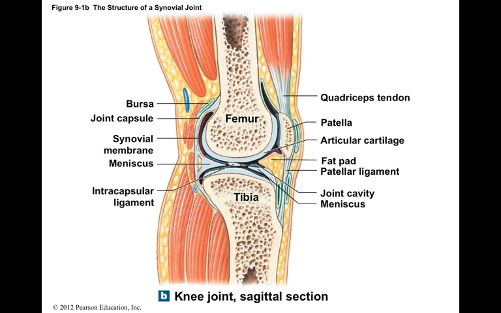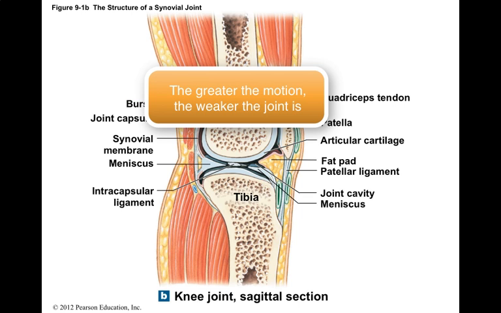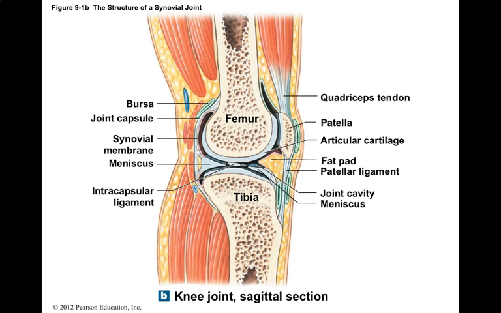If a joint is highly mobile, then it cannot be very strong. The greater the range of motion at a joint, the weaker it becomes. A synarthrosis, which permits no movement, is the strongest type of joint. A diarthrosis is far weaker but permits a greater range of motion. When a skeletal muscle contracts and pulls on a tendon, movement of the joint occurs. The joint during movement may be stabilized by the shapes of the bone, the capsule, the ligaments, tendons, and muscles